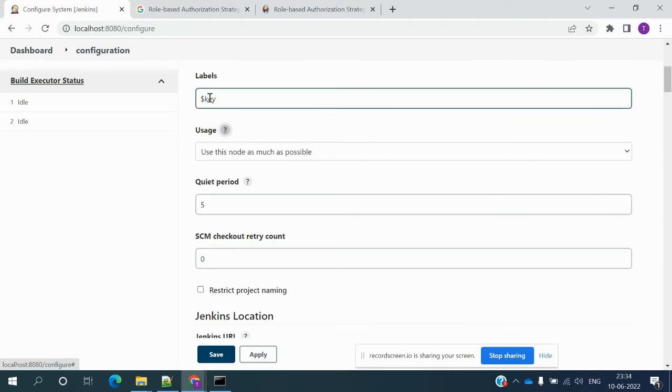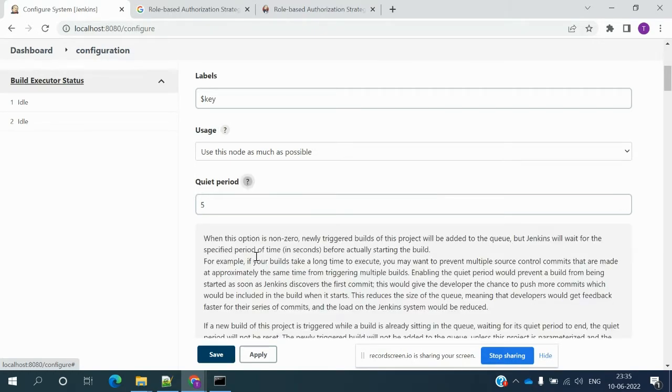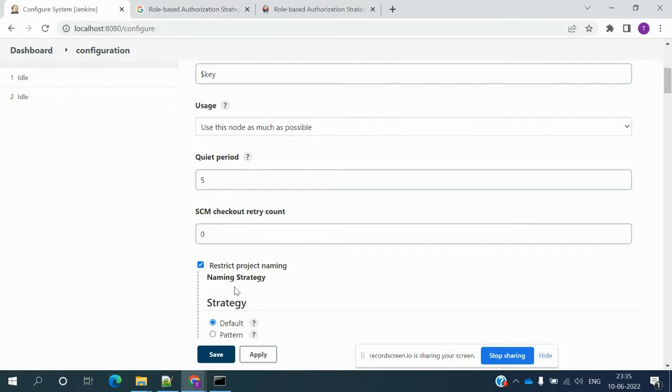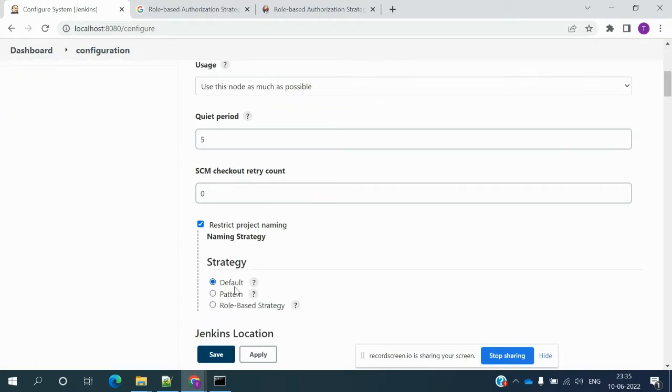Okay, and here is the quiet period. It is like build to build. Say you have 10 builds running at a time, but you want to run one build after another. The interval between the two is what we can set using the quiet period. Then the SCM checkout retry count is basically